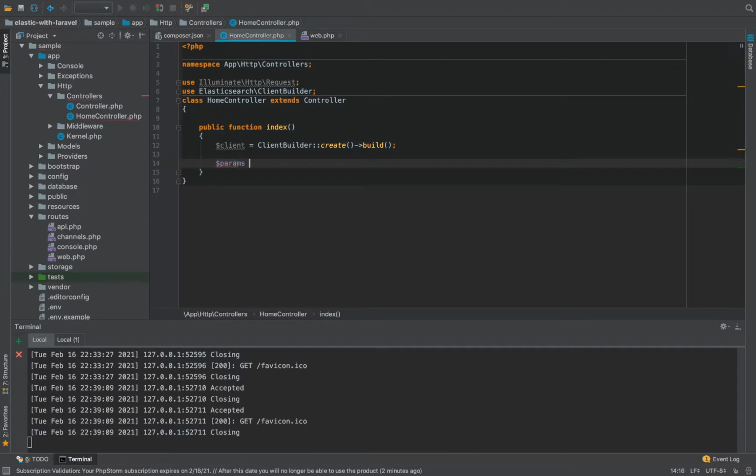So I say params, it's an array. So I say in what index I need my document to be saved. Let's say sample index for now. You can say whatever you want, and I assign an ID to it. I say sample ID, and for the body, which is going to be the body of our doc,